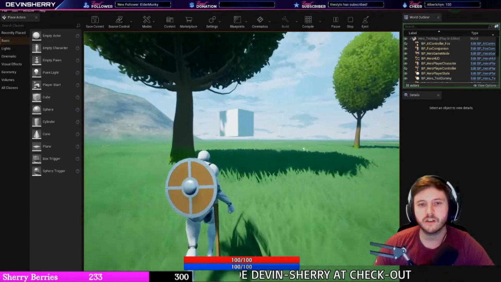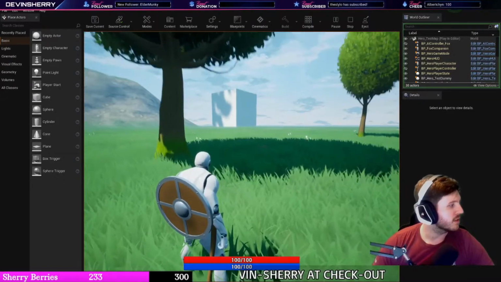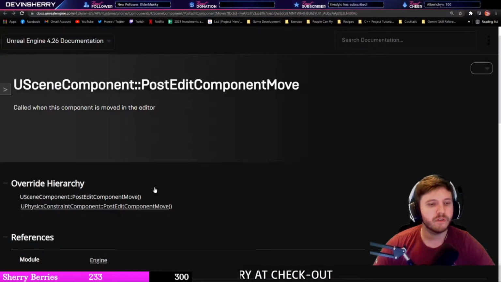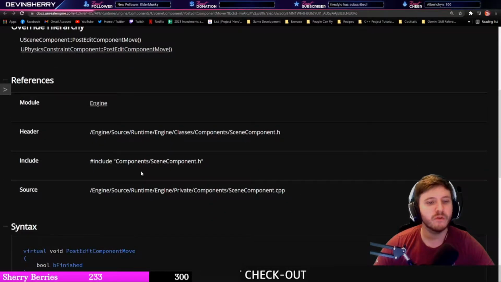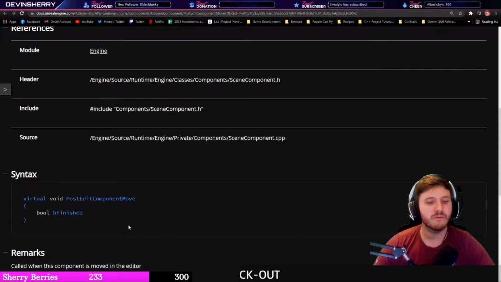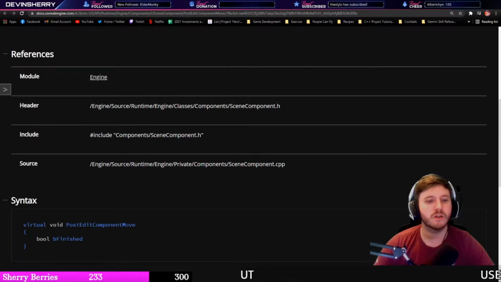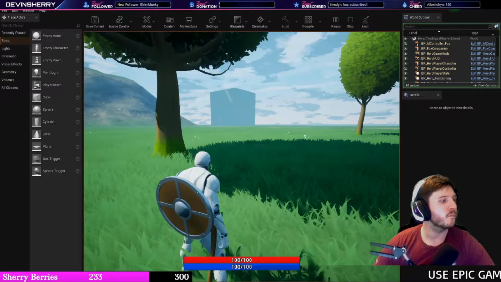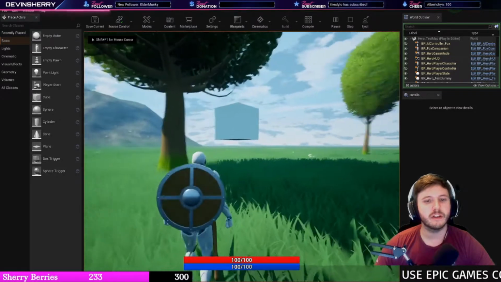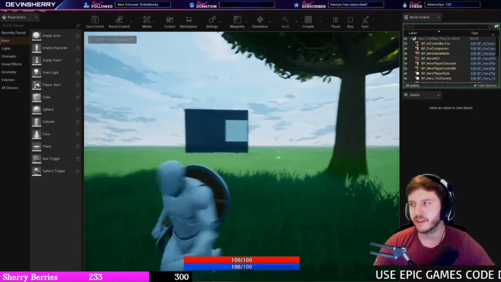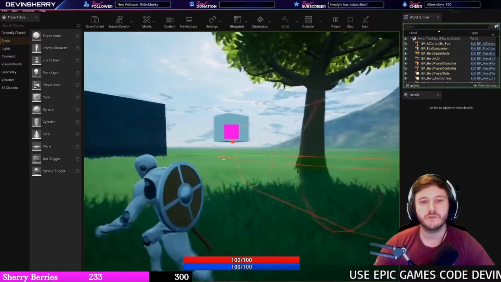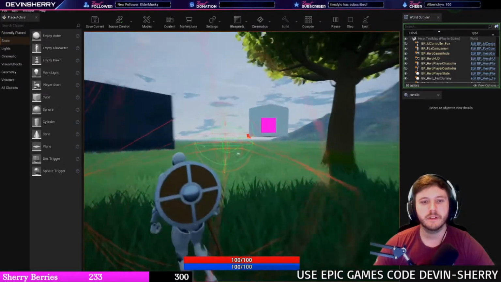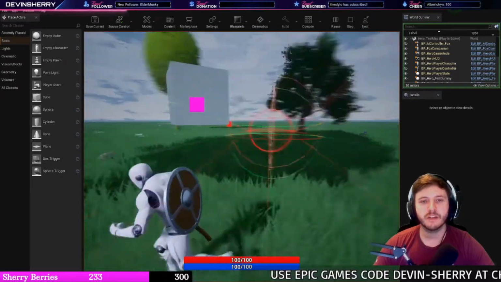I want to check something with this component logic that we have on post-edit component move. I just want to see kind of how this would work, because I think there should be an add unique option or something that we could do in there. And then from there, we'll continue working on the targeting system, which we kind of have working, but